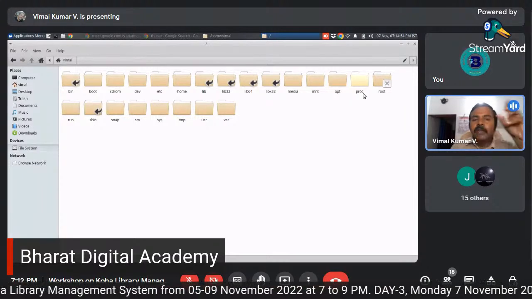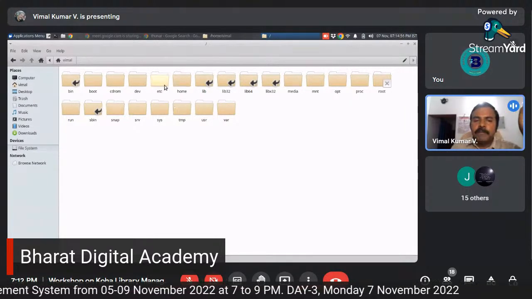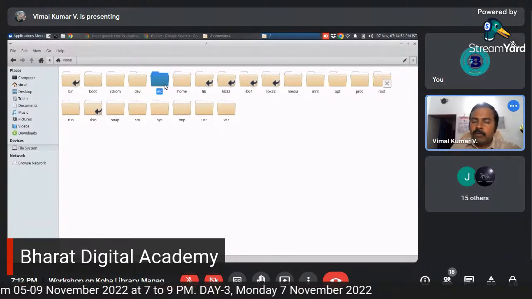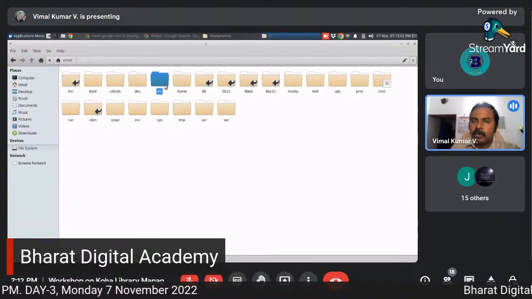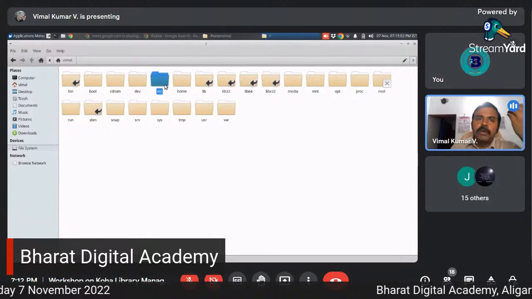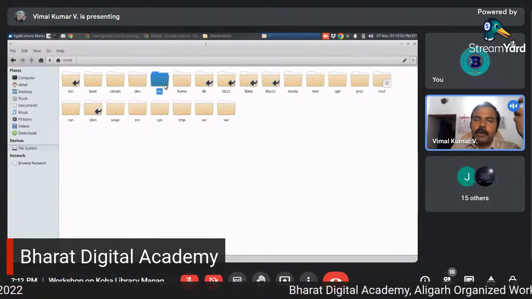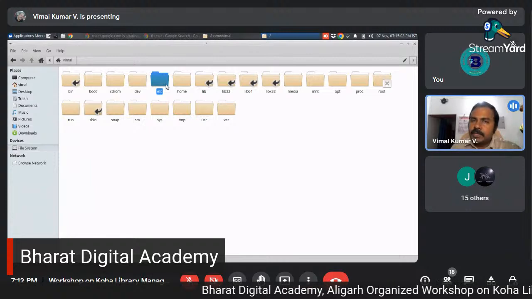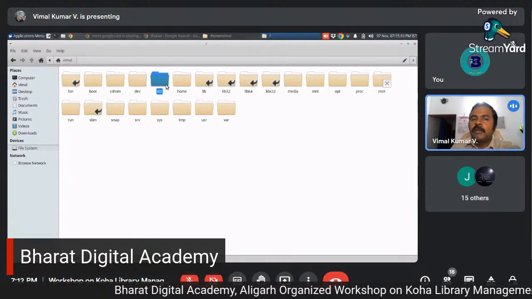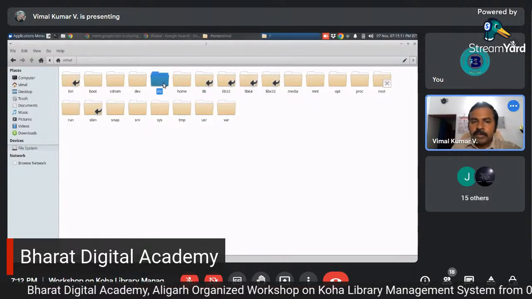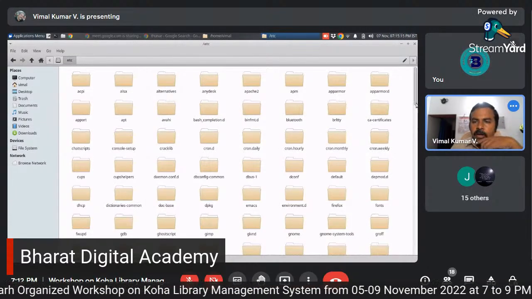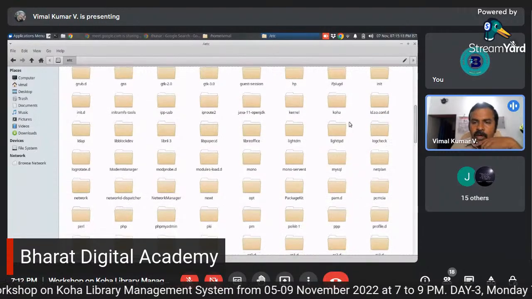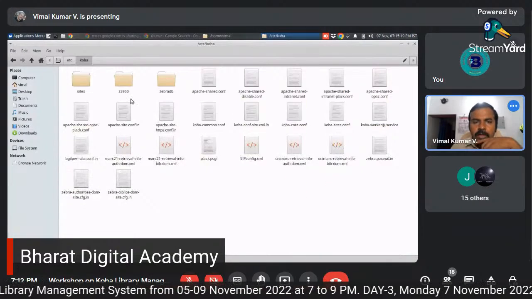I will introduce you first to the etc folder. In the etc folder we can find configuration files of a particular application. Suppose you install Koha software, Koha software's configuration files are stored in the etc folder. See there, we are going inside the etc folder. Check Koha. These are